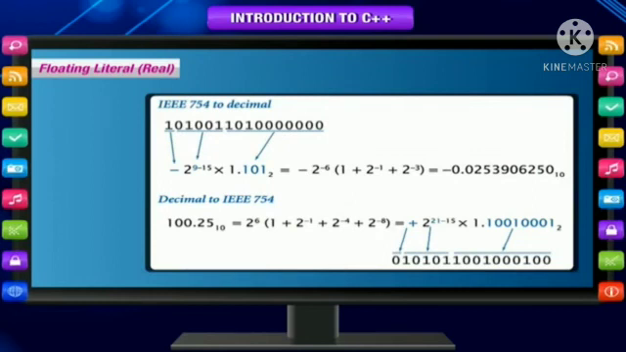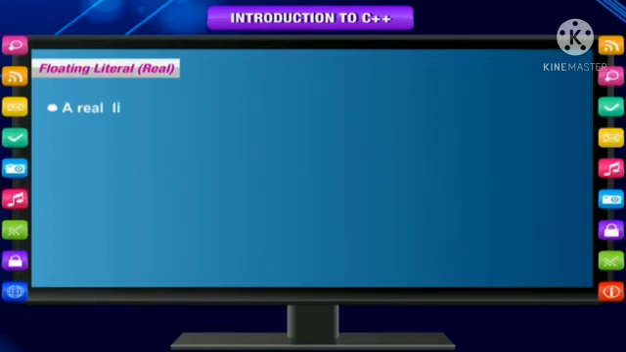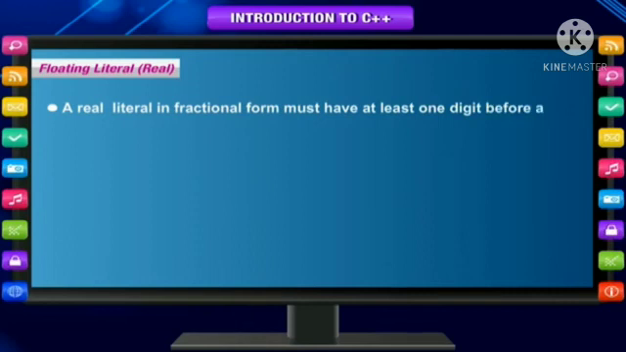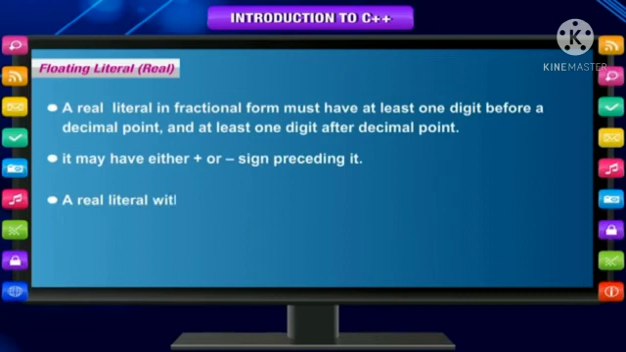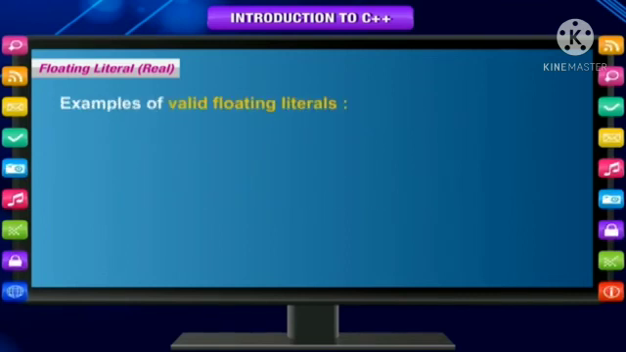The rules for defining floating literals are as follows. A real literal in fractional form must have at least one digit before the decimal point and at least one digit after the decimal point. It may have either a plus or minus sign preceding it. A real literal with no sign is assumed to be positive. Examples of valid floating literals: 4.0,